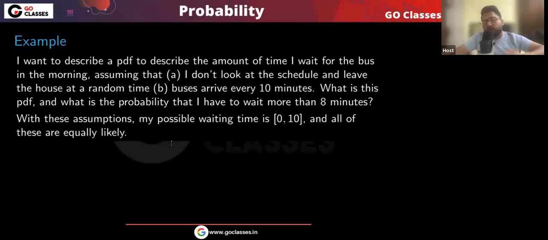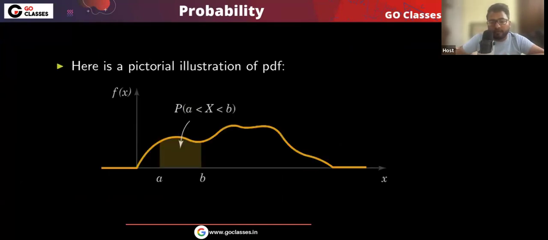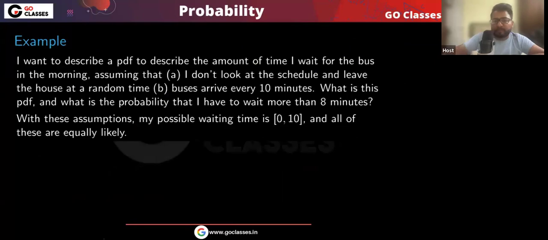Okay, now let's just try solving a few questions, and after that you will understand the PDF more, and then we will be doing some more practice with the continuous random variable. So let's just see this example. What this example is saying is, I want to describe a PDF